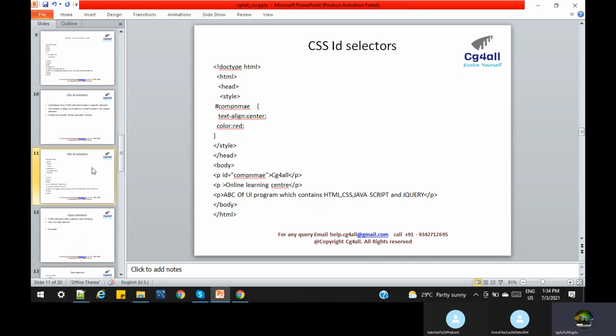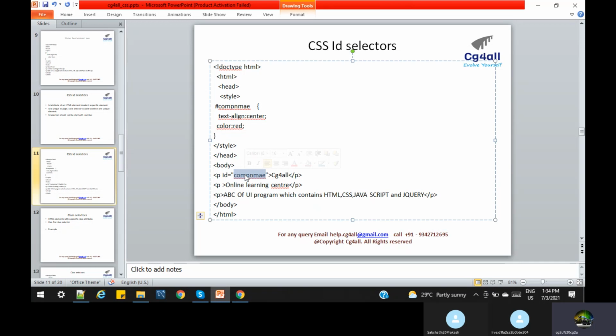So let us understand with an example. Same P, we have a 3P, right? So we don't want to apply CSS to all the P. We want a specific element. So on top of the P, we need the ID. So we need the ID, means there is a way we have to give the ID to elements, right? So for these elements, we are given the ID. Based on this ID, we have to map.